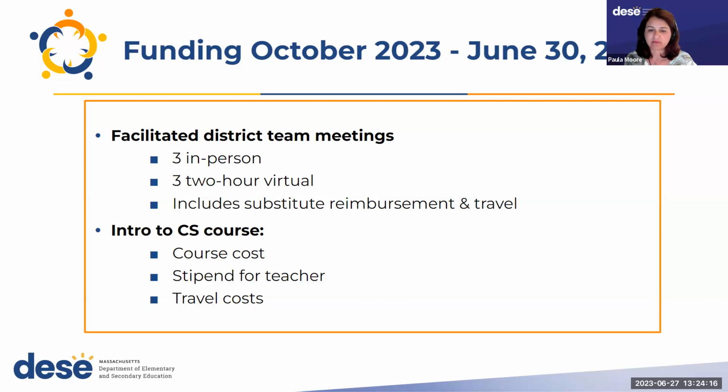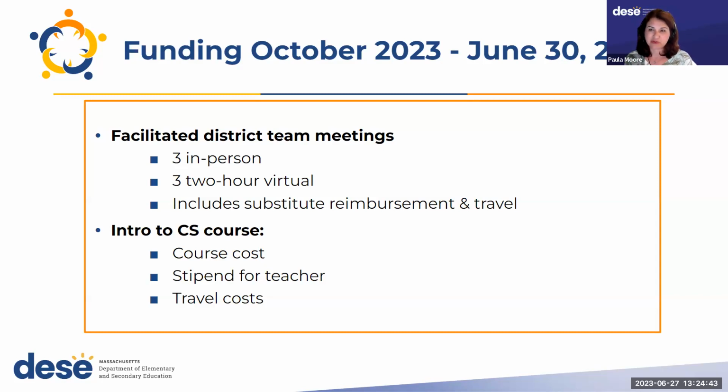gas mileage. Intro to CS course: if you feel that the grade span you would like to focus on, if it's middle school, has 2 teachers who have never taught computer science before, and you know that you want them to be able to go to the Intro to CS course, put that into the budget. If you're doing elementary, that tends to be a lot more teachers. So you'll have to decide what grade span.